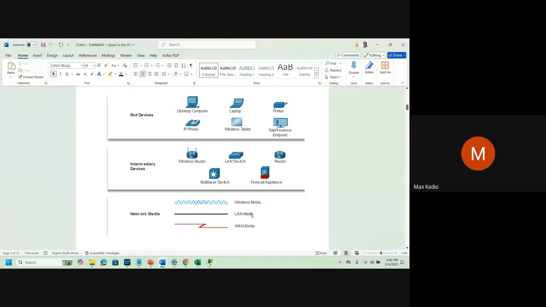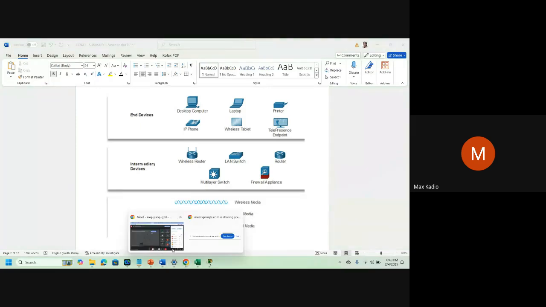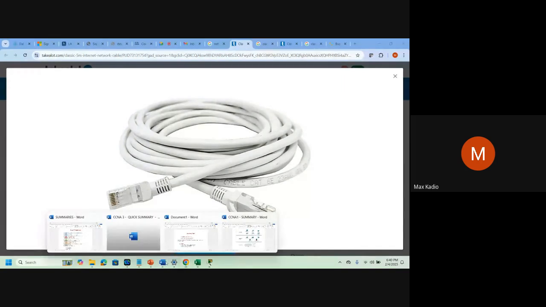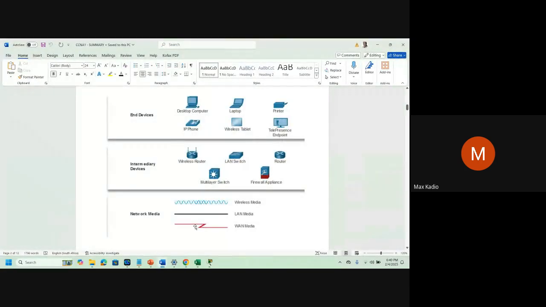I did show you these ones. We call it network cable or Ethernet cable. And we have the wireless area network media. Okay, this one is for CCNA.